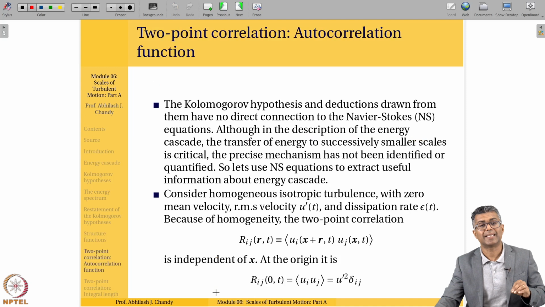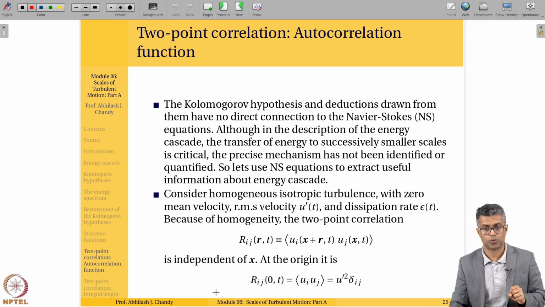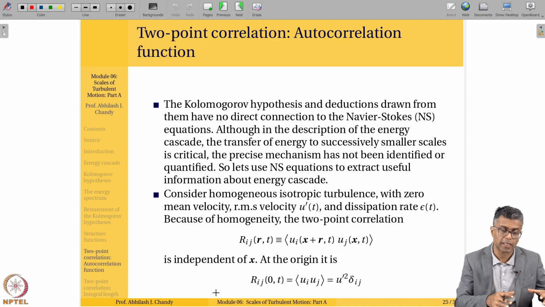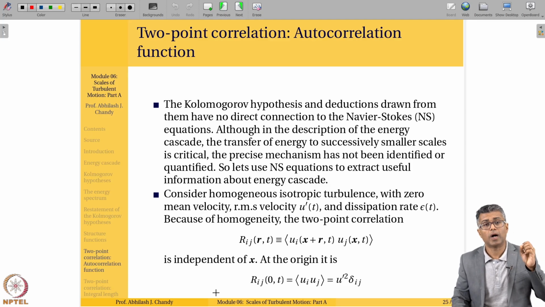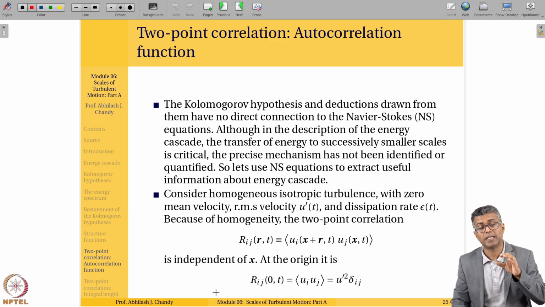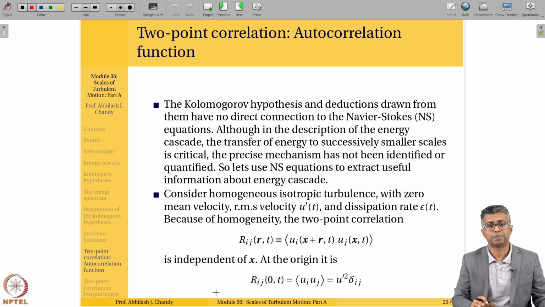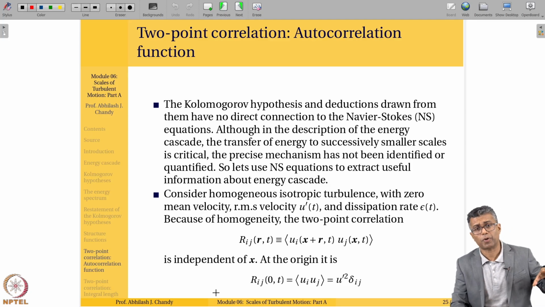Now let's take that to the 2-point correlation as well. We know that the structure function can be expressed in that form. This is again an application of Kolmogorov's hypothesis. So we applied the local isotropy hypothesis to the second order structure function. Now we look at it in terms of the 2-point correlation or the autocorrelation function. So again, Kolmogorov's hypothesis and deductions, as you would have seen earlier, have no direct connection to the